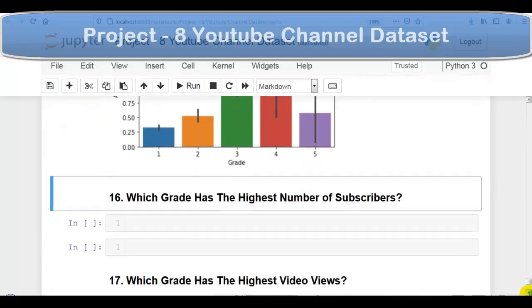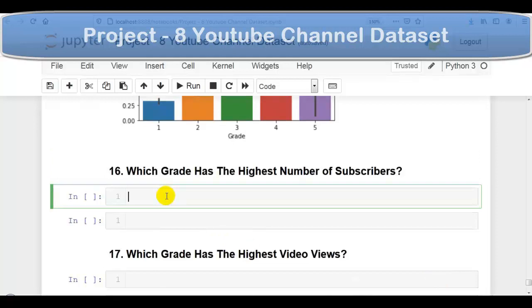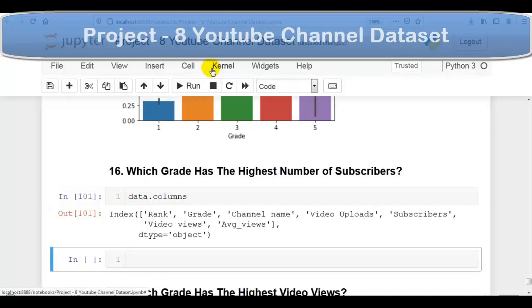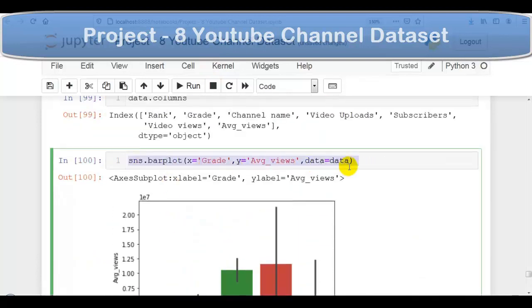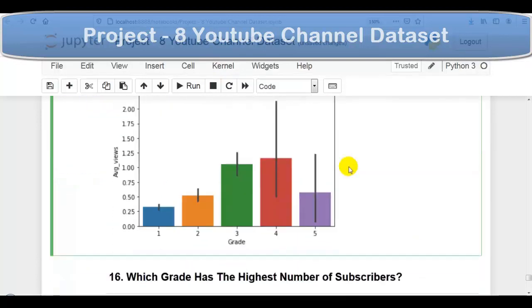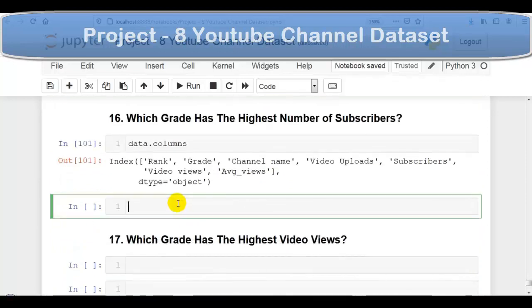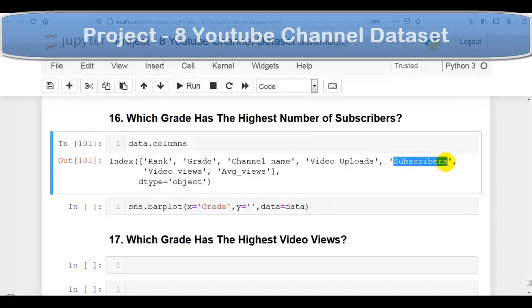So now next question. In this question we have to find which grade has the highest number of subscribers. So let me display column names, to know actually we have to work on which column. So again we can solve this question by bar plot. So let me copy this statement and paste it over here. So now on x-axis again we have to pass this grade column, but on y-axis we are going to pass this subscribers column.